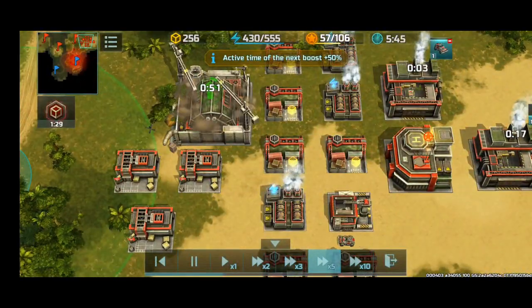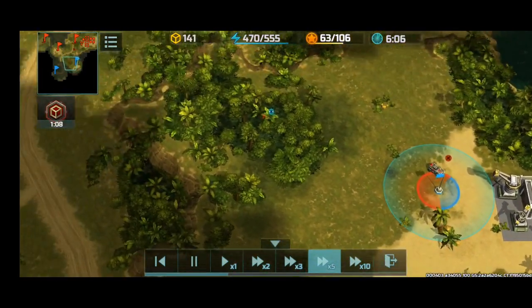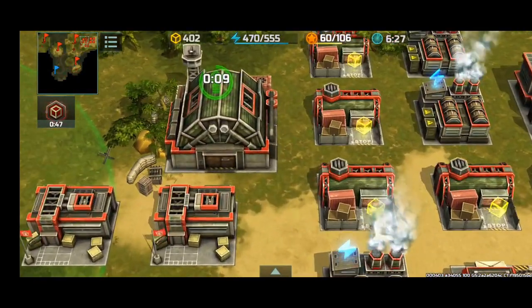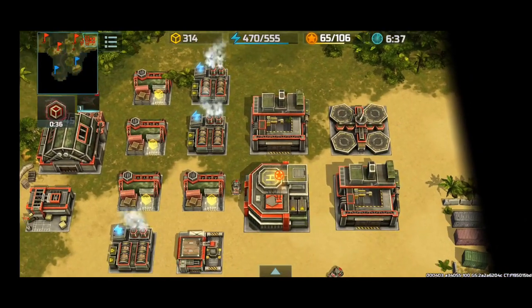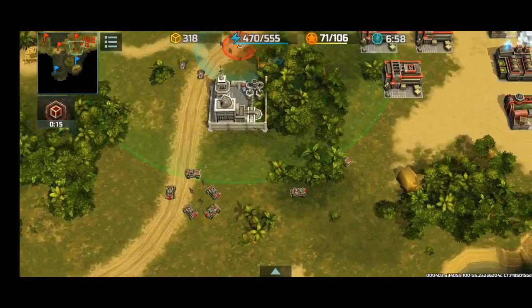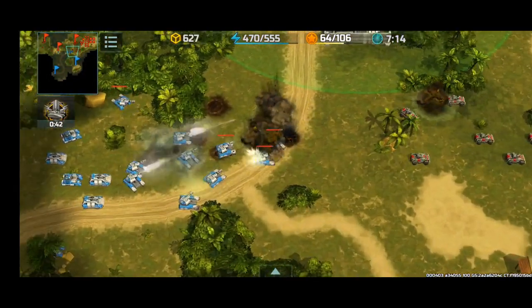But then after realizing he's not really moving his troops anywhere, I upgrade my avia factory to level 2 and build an airfield, so I can produce some hawks, because hawks are really useful in map control. Okay, and so